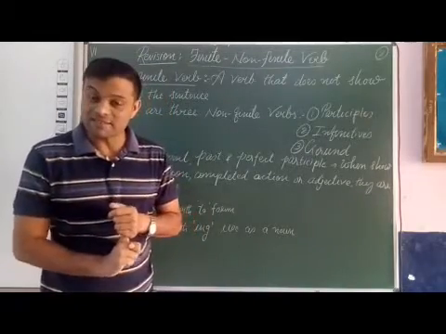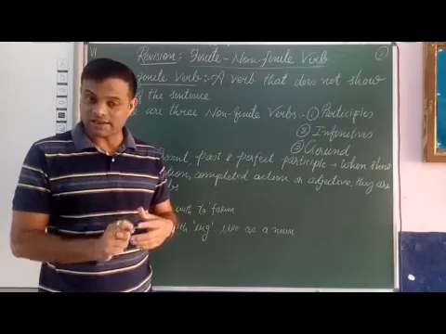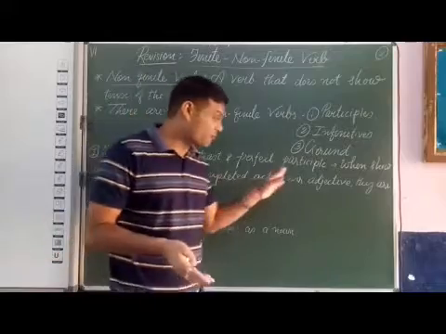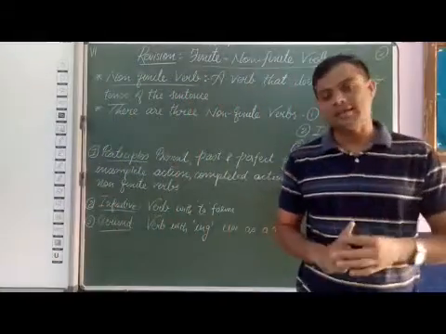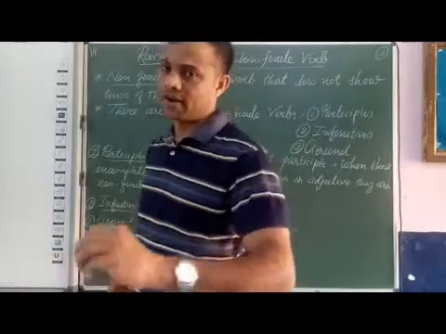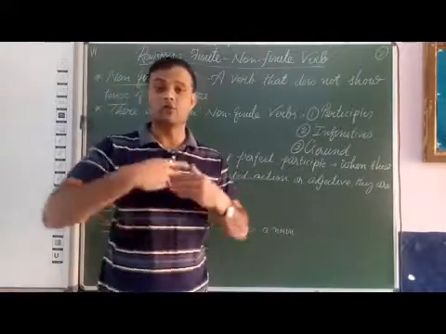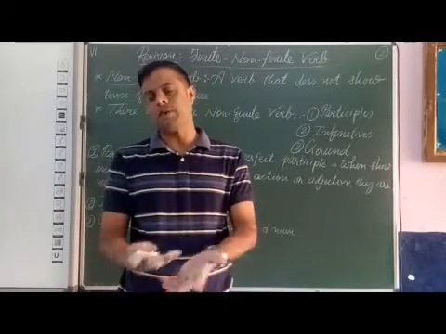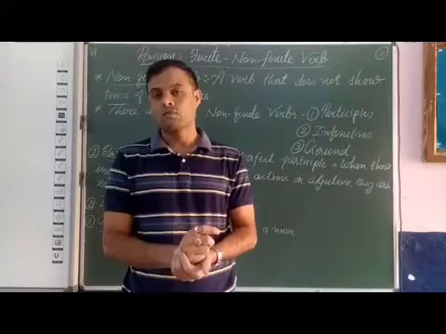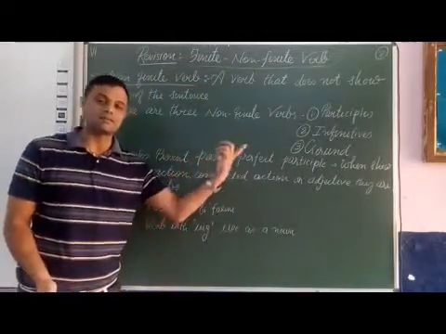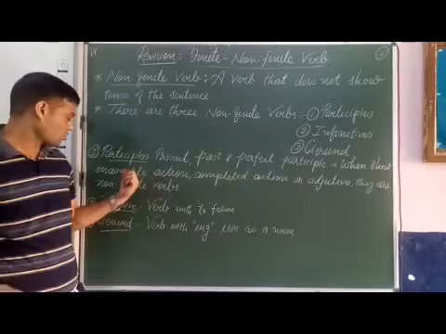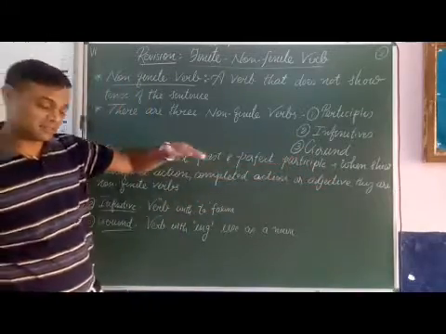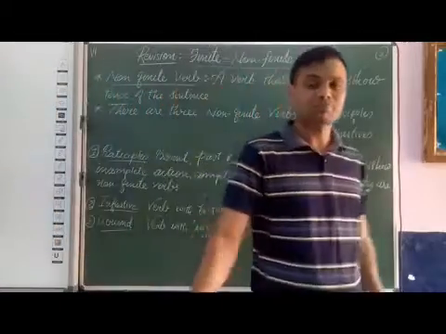When participles show incomplete or ongoing action, completed action, or function as an adjective, at that time they are non-finite verbs, because a verb with ing shows continuous tense and V3 shows perfect tense. So be precise with present participle and past participle. When they show only incomplete action or completed action, or act as an adjective, they are non-finite verbs.